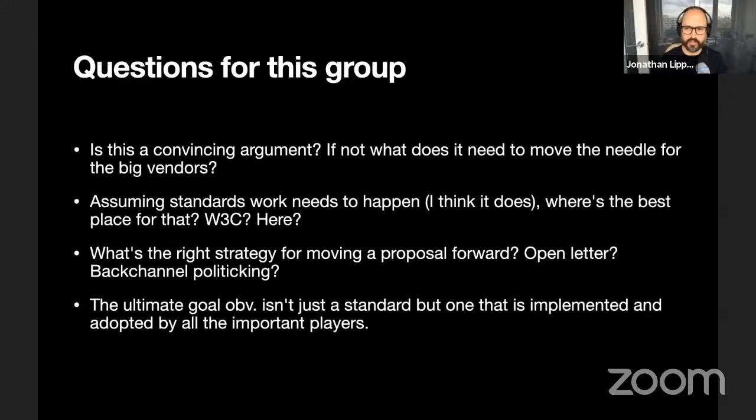So maybe that forms a core, and it might just be the WebDriver standard. Maybe that's all we need for the core. I think we probably need a few more things.